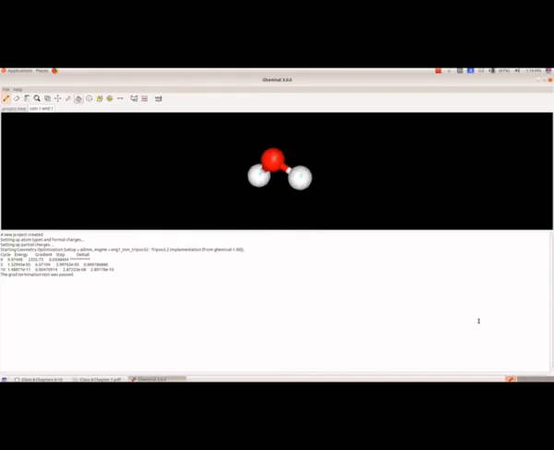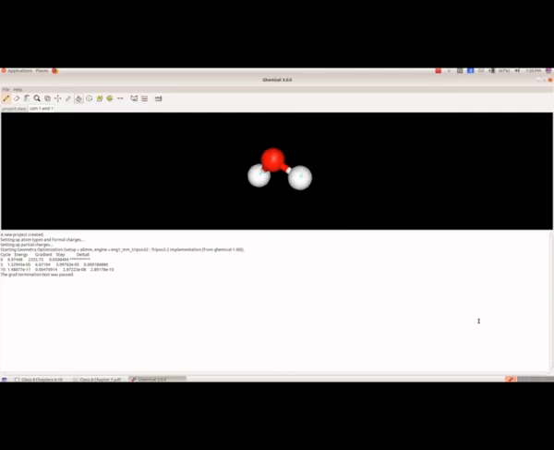Methane means one carbon should be combined with 4 hydrogen atoms. The formula is CH4. Then under extended activities, let's evaluate. We have to prepare the model of ammonia.